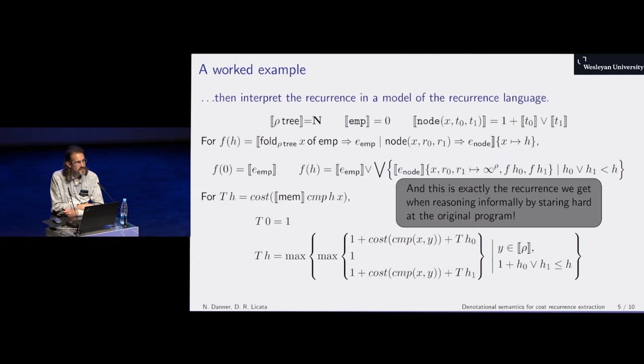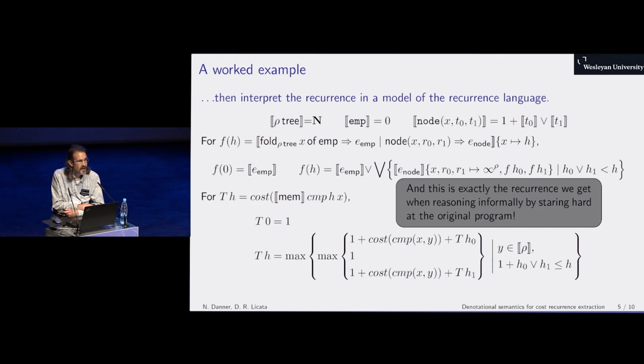And so in this case, if the goal is to analyze that binary search tree membership function in terms of the height of the argument tree, we want a model where we are essentially interpreting trees by their height. In that case, we'd interpret the tree type by the natural numbers or some version thereof. We'd interpret the empty constructor by 0 and the node constructor as just adding 1 to the maximum of the interpretations of the subtrees. That gives us an interpretation of trees where every tree is now interpreted by